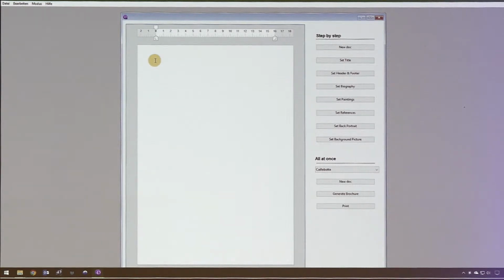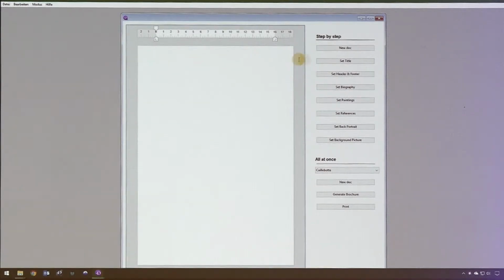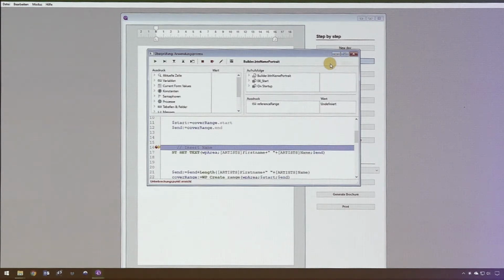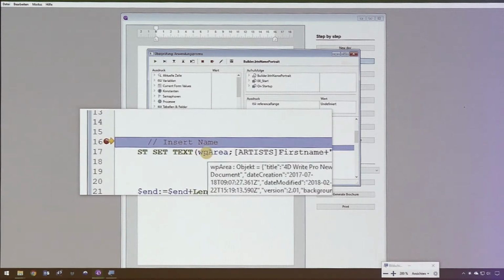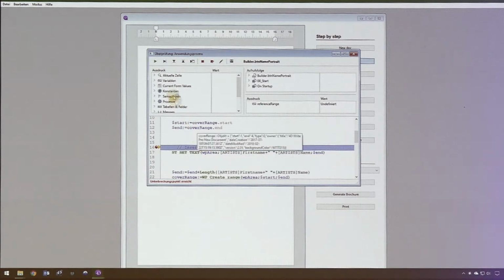To set the text or the title, we can basically use a command, ST SetText. We use this command. The first parameter is the object for the Right Pro document, and the second parameter is the title or the text we want to set. We repeat the same step for the subtitle,